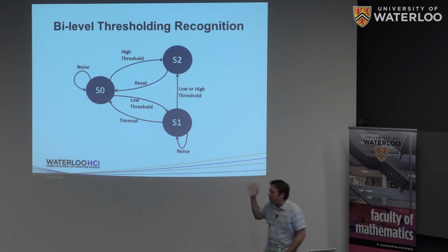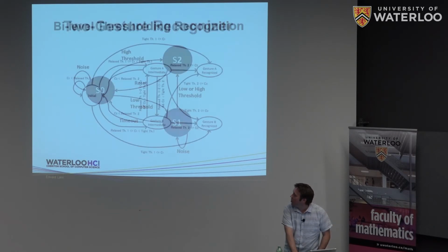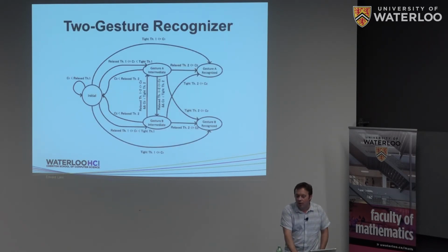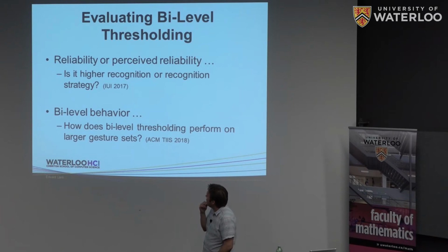So the way we did this is we built just a simple little bi-level threshold gesture recognizer. I don't know if there's anything really that shocking in that. It's just based on observations that if a user doesn't succeed, they try again. It's based on the same principle as when you double click on an icon. If the file doesn't open, you don't throw your computer on the ground and jump on it, you click on the file again. It's not really that shocking to anyone. This is sort of a single gesture, double gesture, you can go on, but it's not actually that hard to implement. And so we did some work evaluating bi-level thresholding.